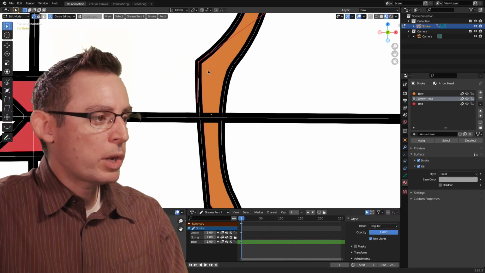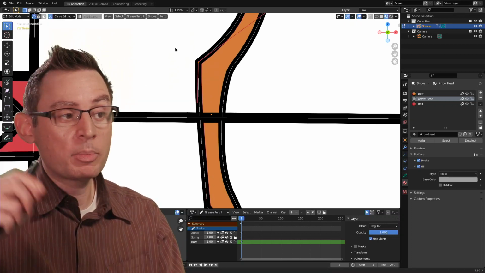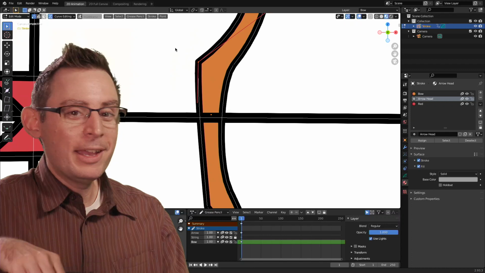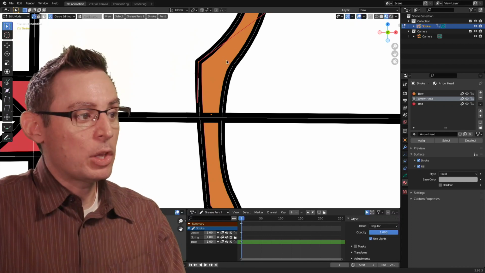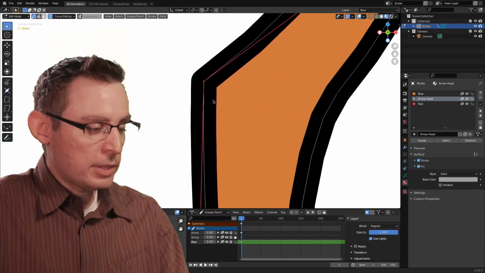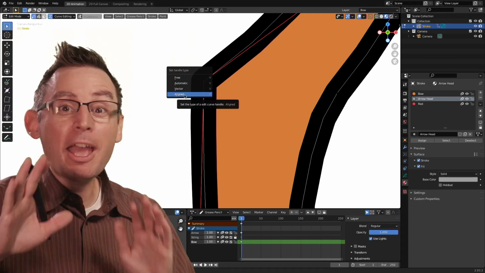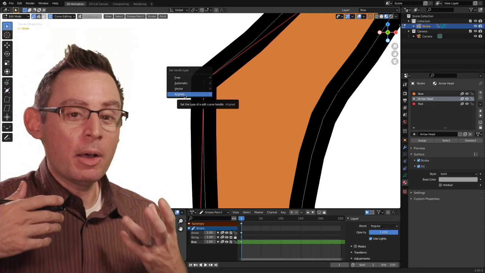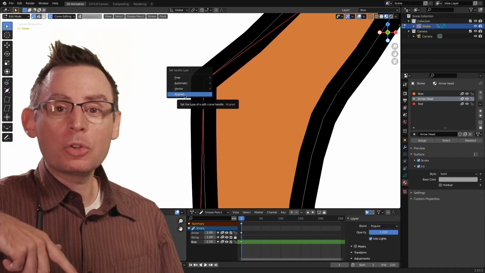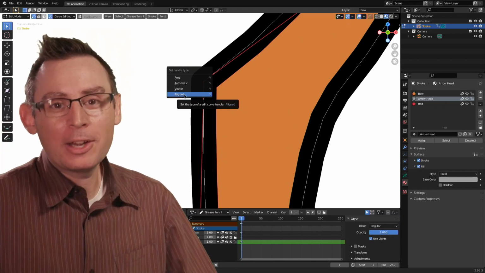So this is a great way for us to go in and create complex shapes with the curves inside of Blender. I highly, highly, highly recommend that you experiment and explore this handle type pull-out menu under the V key on your keyboard. It's definitely going to help and give you more control over all the strokes and the curves that you create right here in Blender.